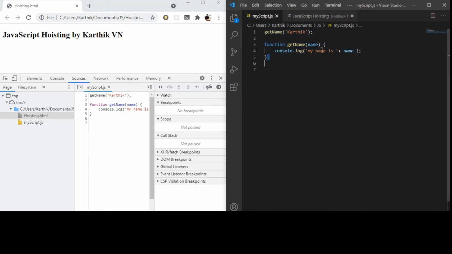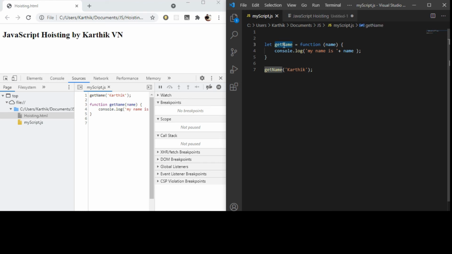I will update the same function as an expression, for the real-time example. Sorry, some typo mistake. First we'll try to access it after the declaration.